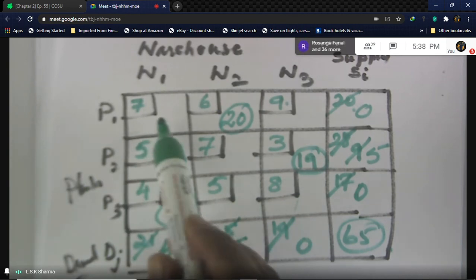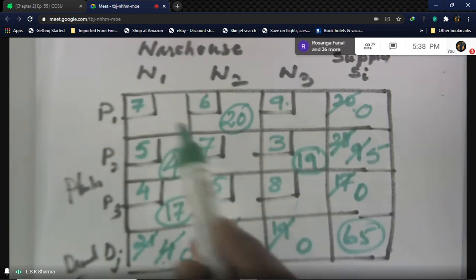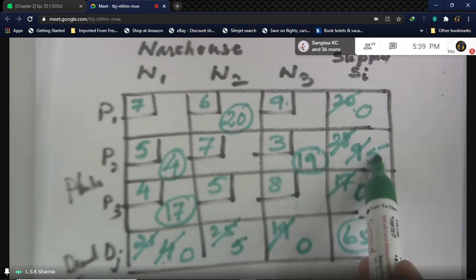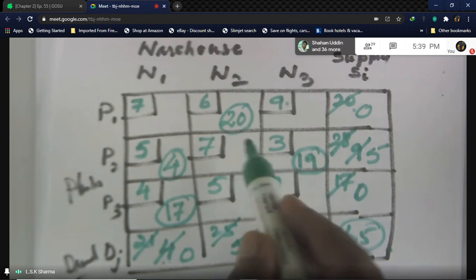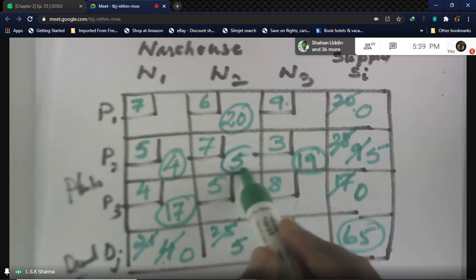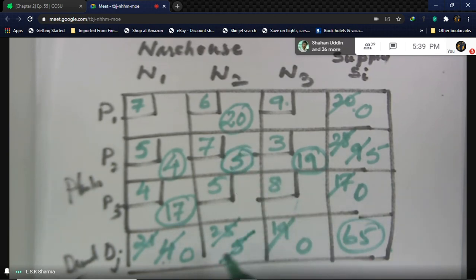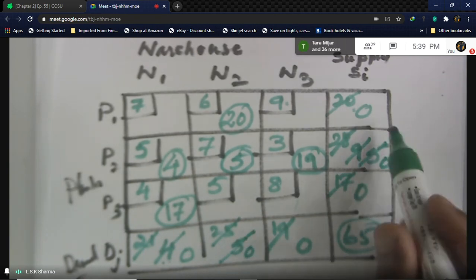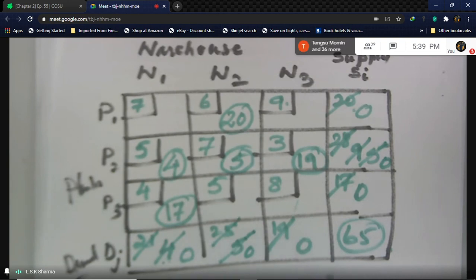Now can I use this 7 out here? There is a 0 here and there is a 0 here, so I cannot use this. How about this one? So this one I have 5 here and 5 here, and this is the only one which is being left out. So I use this 5 here. So minus this 0 and minus 5, 0. Now everything is 0. Now I have come to the end of the solution.